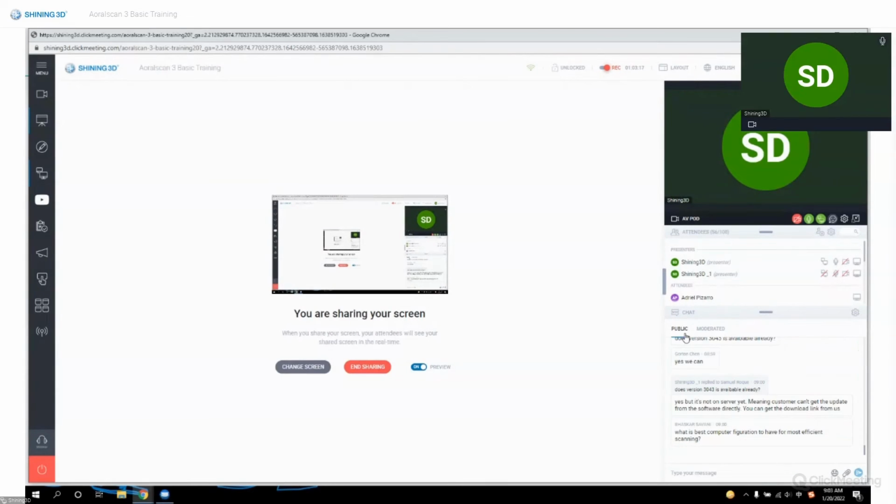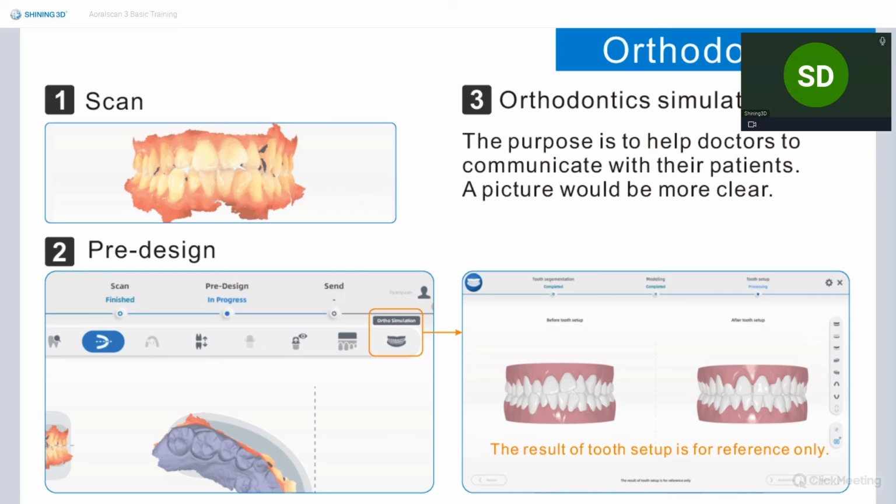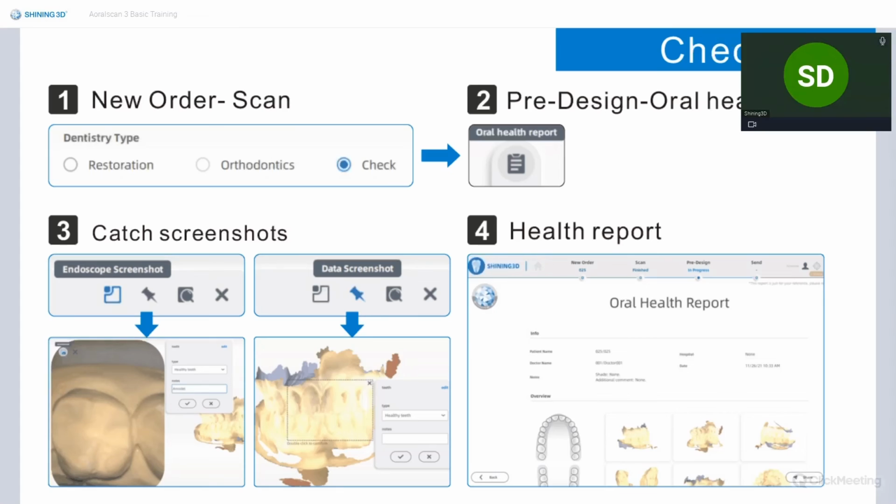If not, I will go through our final function that is called health check report. Basically, this health check report is used for when the patient visits their doctors for the first time, and the doctors cannot